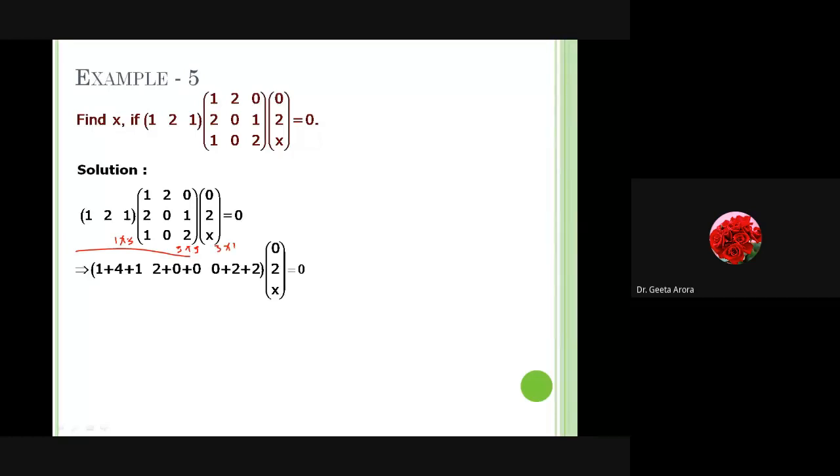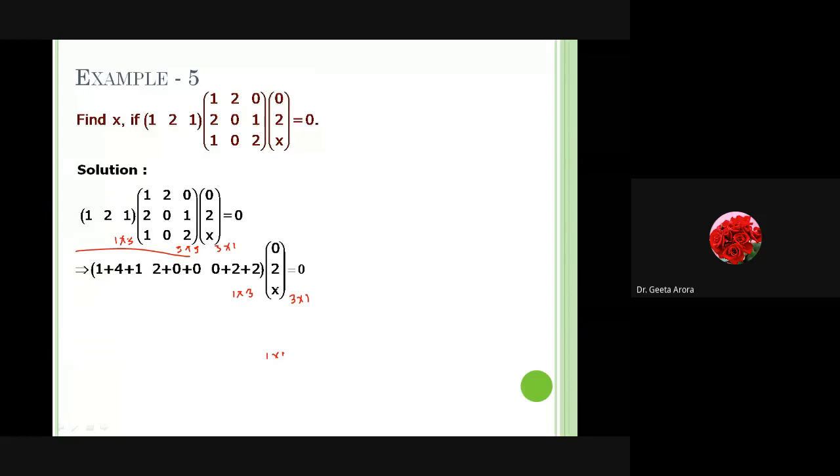Okay? So if I find out the product of the first two, what should it lead to? It gives me 1 row and 3 columns, as is coming over here, and then it is to be multiplied with 3 cross 1. So finally, if I multiply these two, what will it give me? It will give me a 1 cross 1, meaning we will get an expression which is equal to 0, and on solving which we can find out the value of x. Right? So this is the procedure we have discussed.